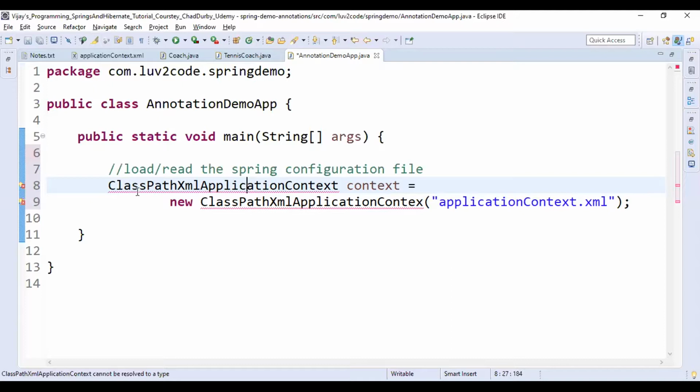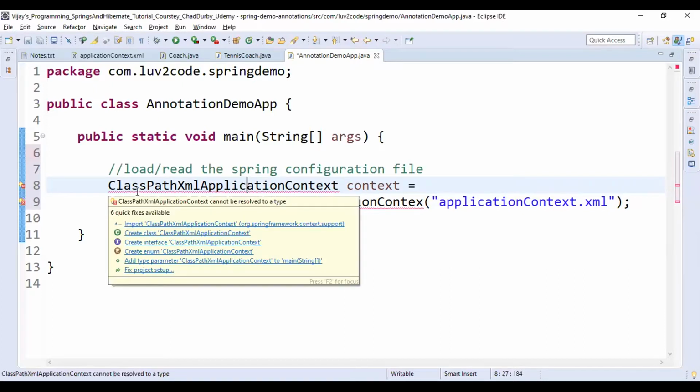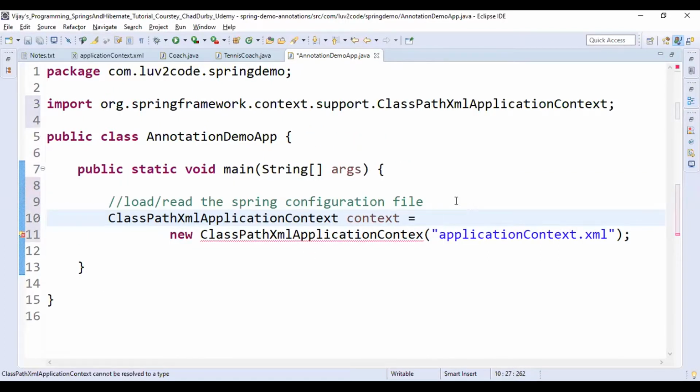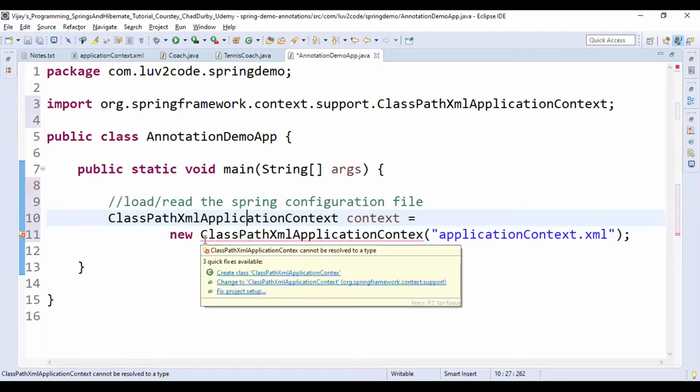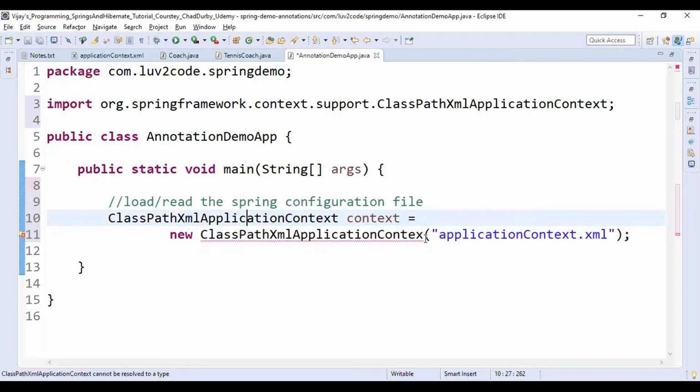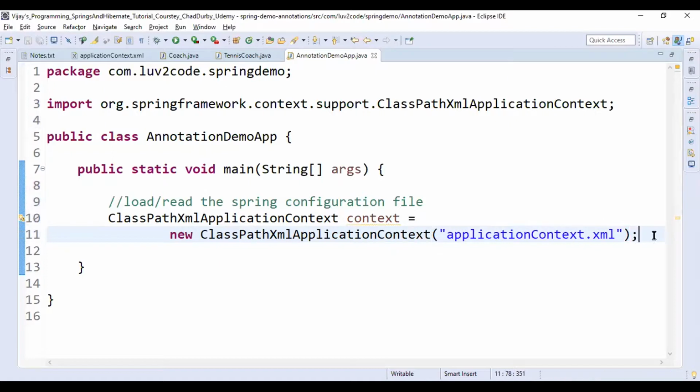Now it is showing the option to import this class from the appropriate package. You can click on import. Now the error is gone, and here is one more typo. Save it, and now the error is gone.